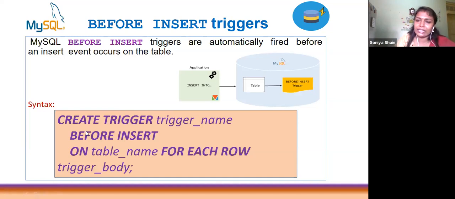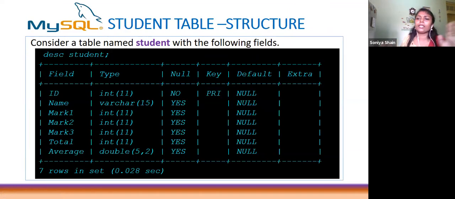I will discuss one example, but before that, let's go for the syntax. Same syntax, no confusion. Create trigger, trigger name. Here I am not writing all the cases, only before insert, though I said before or after, insert or update or delete. Here I am discussing only before insert. So: create trigger trigger name, before insert, on table name, for each row, trigger body. It's clear, the same syntax is followed. So we will see the example, then you will understand how it works. For that I am taking an example, the student table. The last classes also used the same example.